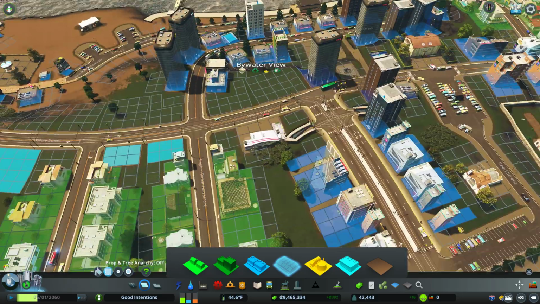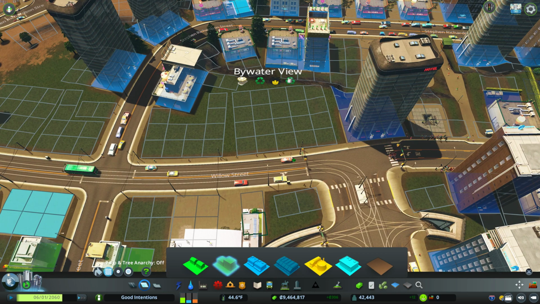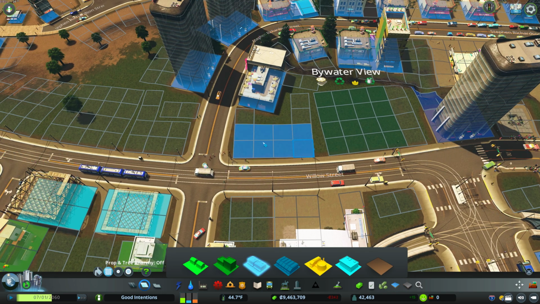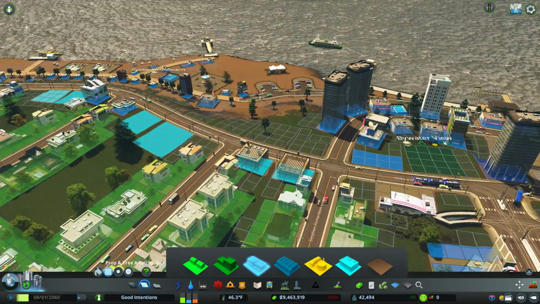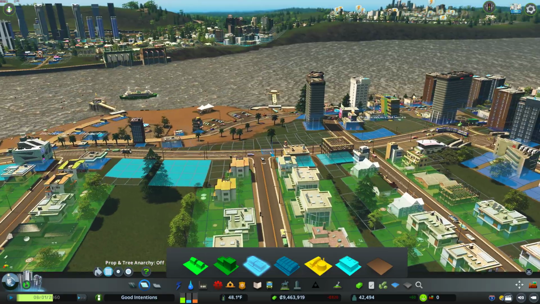Would it be appropriate to have some high-density residential here? I don't see why not. Let's do a big residential building there. And we'll fill that in. This corner here, I could put something there. I'm not going to just yet because I feel like...